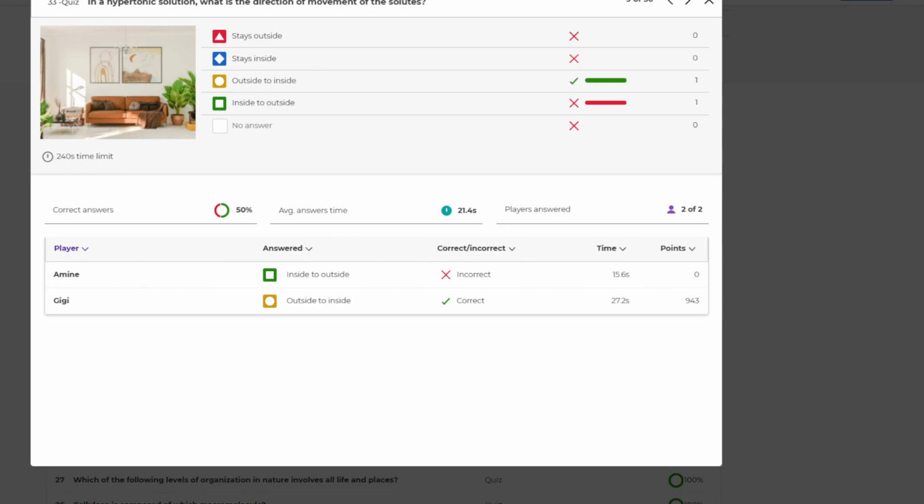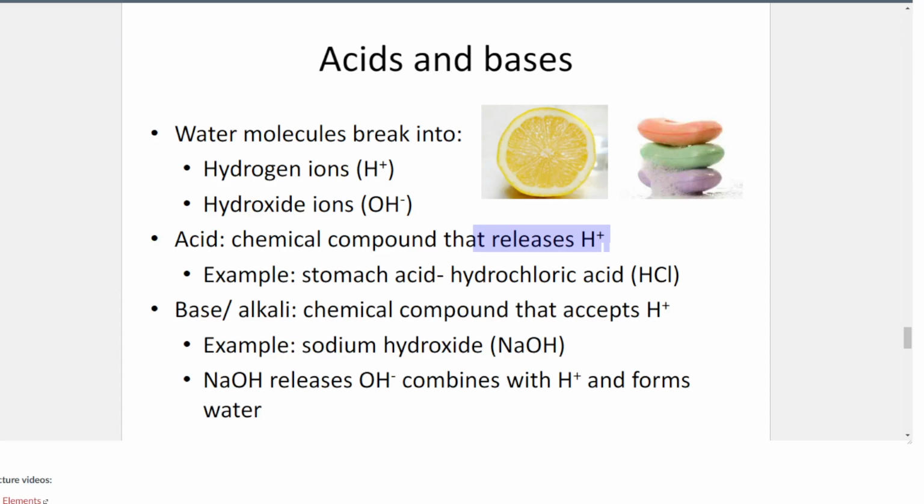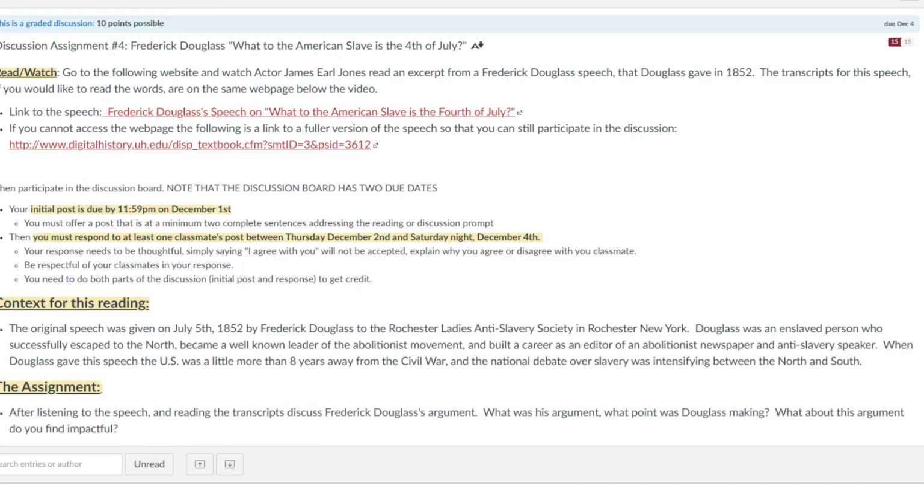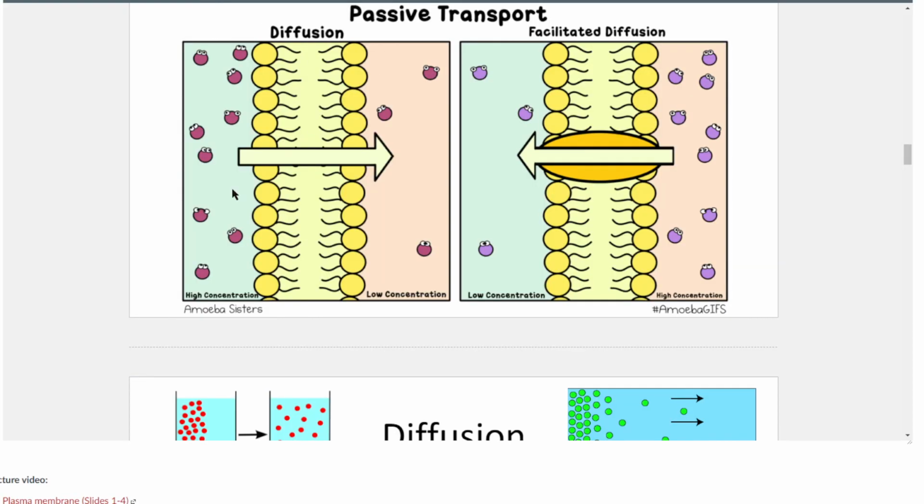So in a hypertonic, it would look like this. This is a hypertonic, and this is a hypotonic. This would be an example of hypo, but this is hyper. So there's more stuff outside. So stuff will enter your